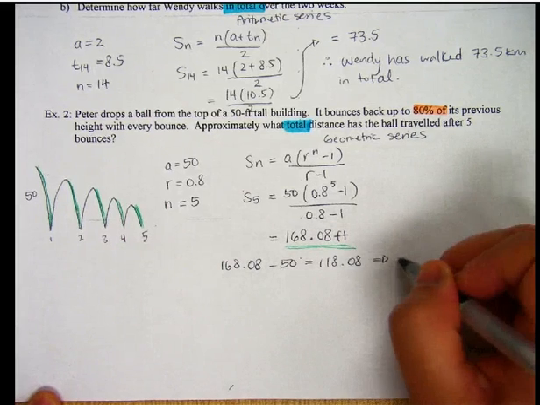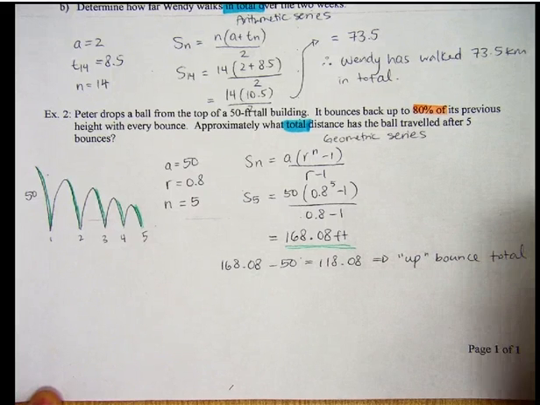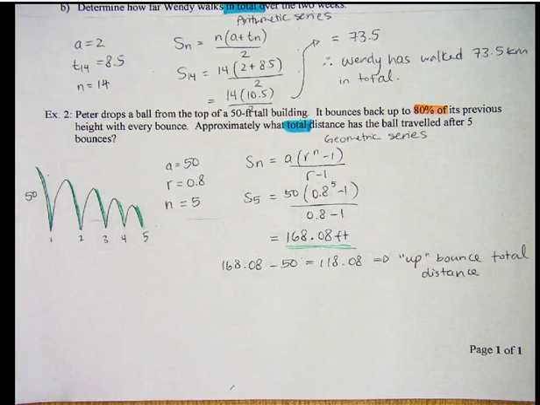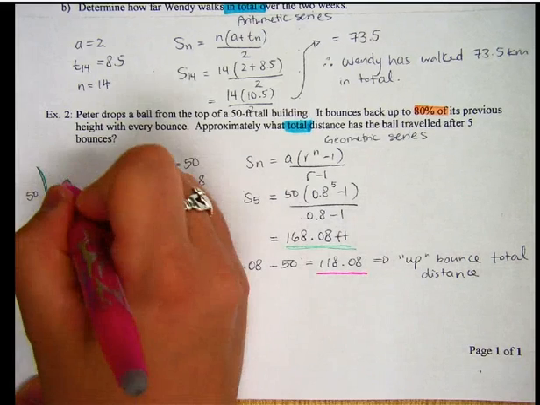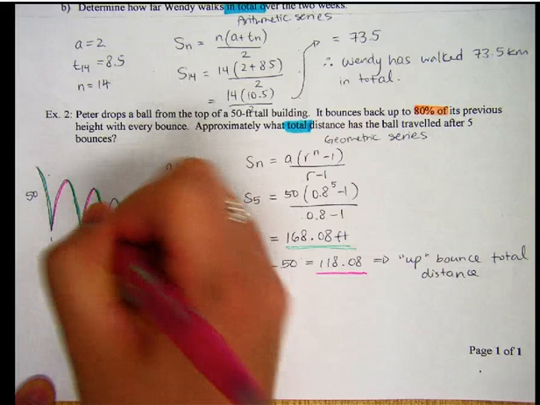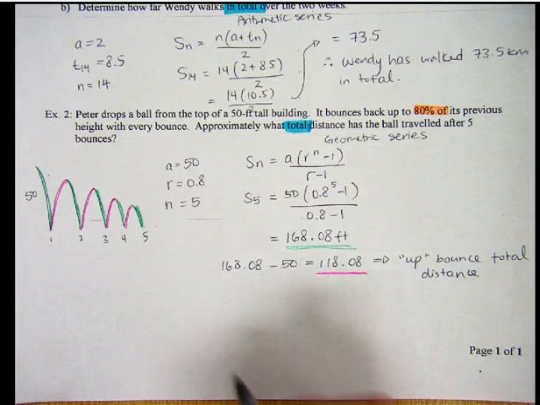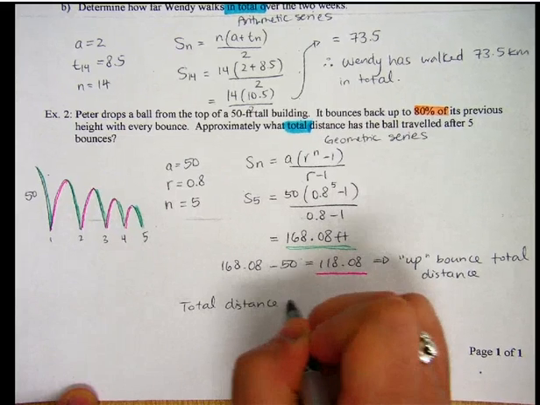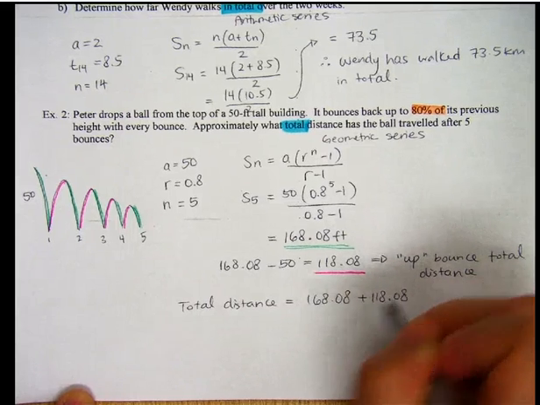So this is the up bounce total distance traveled. I'm going to highlight that in pink. My pink pen is working. Okay, and now I'm just going to add those two numbers together. So total distance is equal to 168.08 plus 118.08,